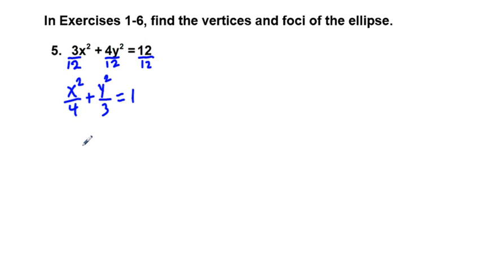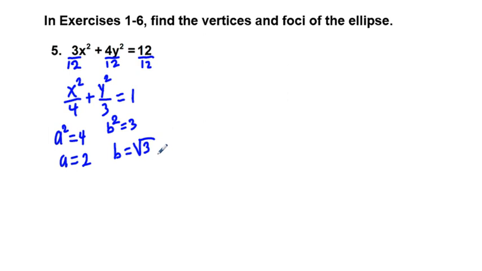And so our semi-major axis is going to be defined by a squared is equal to 4. So a is going to be equal to 2. And for our semi-minor axis, we have b squared is equal to 3. So b is going to be equal to the square root of 3,